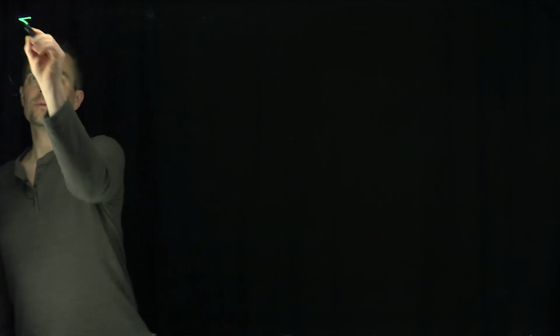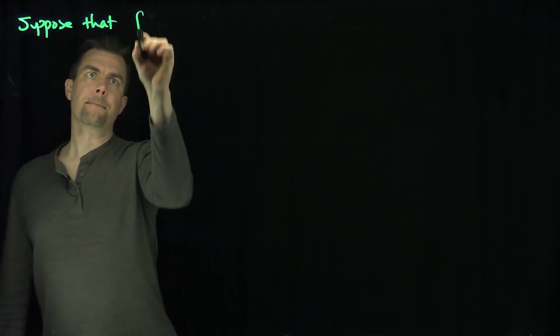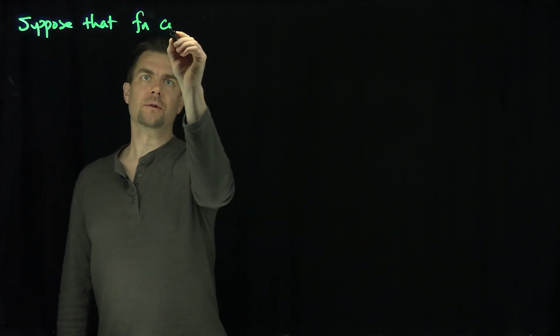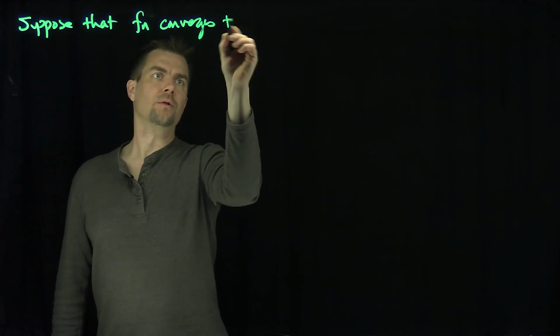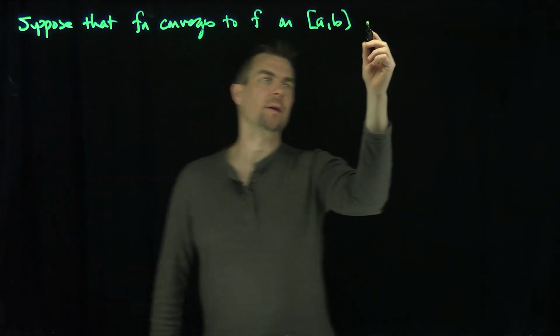Hello students, in this video we'll understand the connection between differentiability and uniform convergence. Let's suppose that Fn converges to f on the interval AB, and